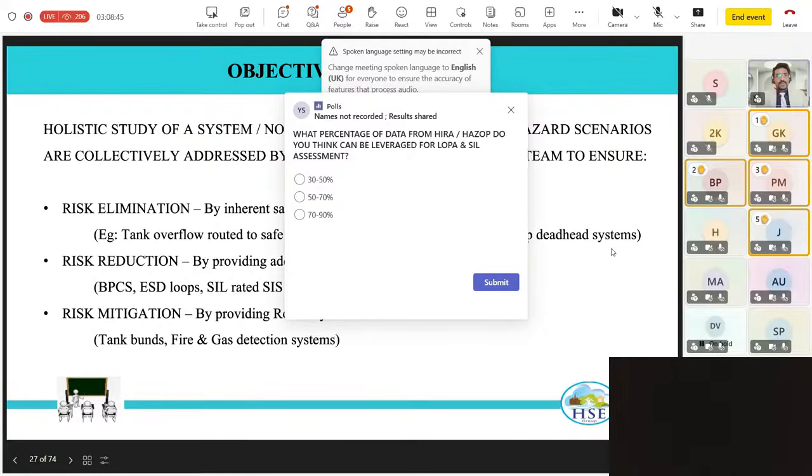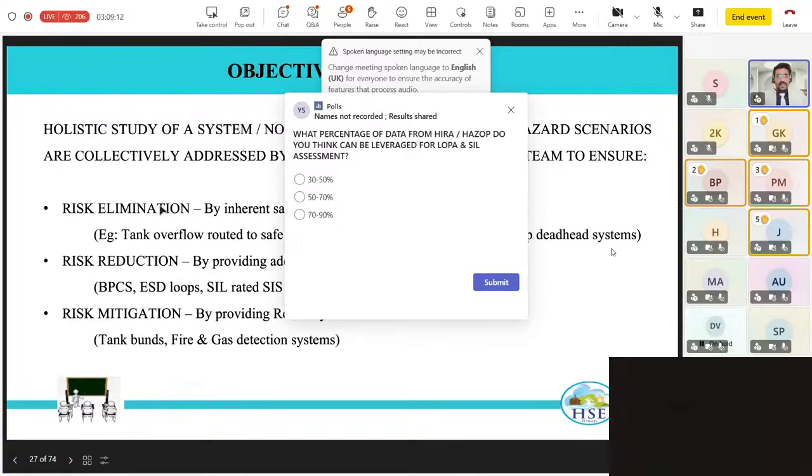Okay. So just simplifying this definition and trying to break things out for easy understanding, this is the way I define it. HAZOP is a holistic study of a system or a node to evaluate all credible hazard scenarios that are collectively addressed by a multidisciplinary HAZOP team to ensure, and what do we ensure, that is important? First is risk elimination. So these are the three intentions of doing a HAZOP: risk elimination, risk reduction,